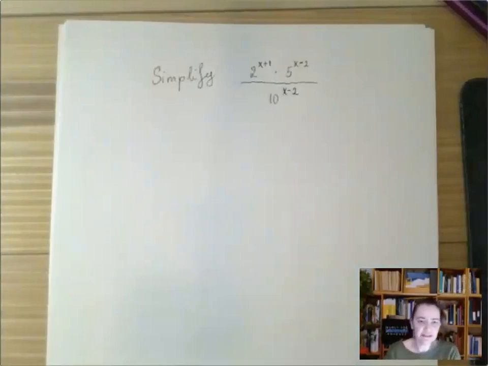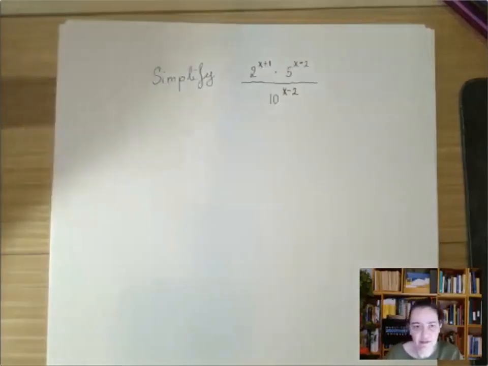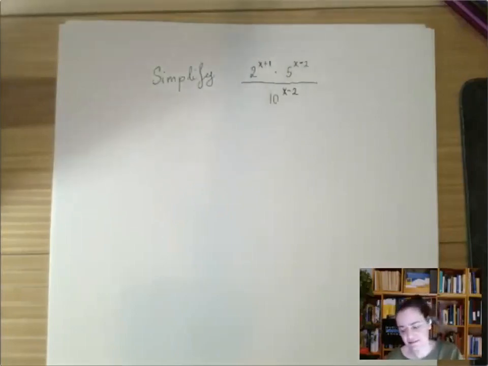What we have here is an exponential expression that we need to simplify. And it's a little bit of an unusual one because usually x or the other unknowns are in the baseline. But this is an expression where the unknowns are all in the exponents. And what's interesting here is that we're going to do unusual things, but the rules that we're going to apply